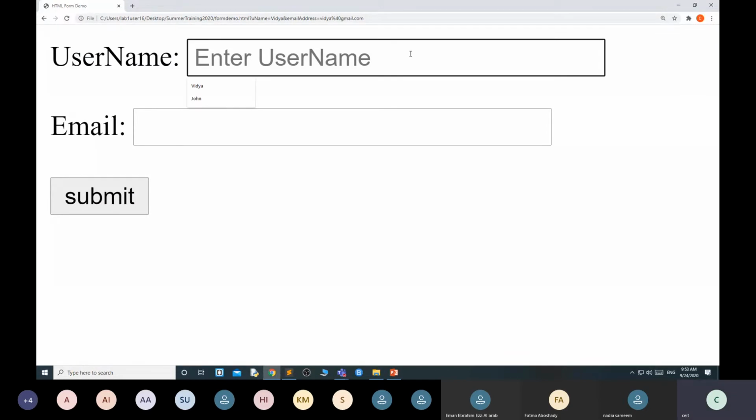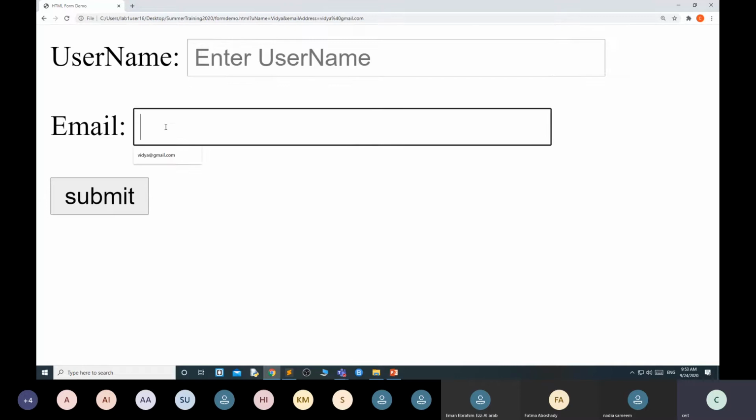You can see this is the placeholder, means once I write, the placeholder will disappear. You can say that placeholder is nothing but a hint, like what the user will do with that particular text box or input area. Okay, that will be decided by the placeholder. Then you can see here it's showing the autocomplete option, means whatever value you previously used, when you click on that text box, it will show the previous value.